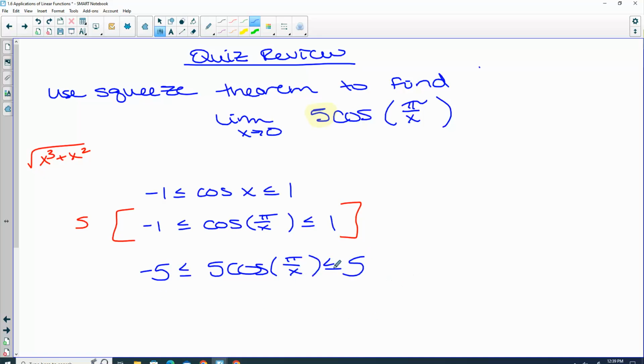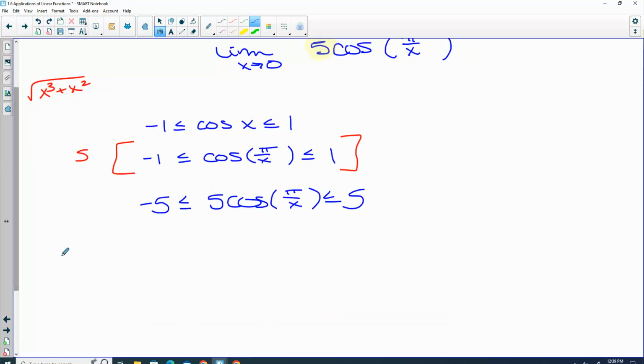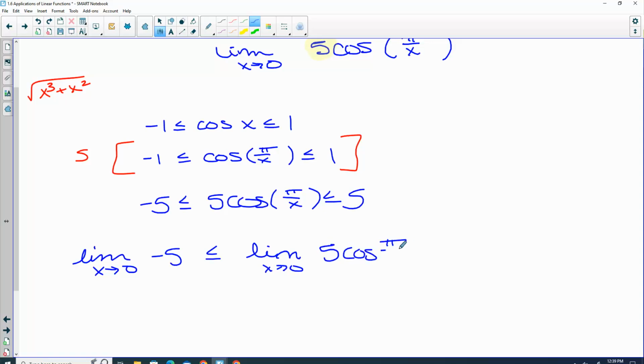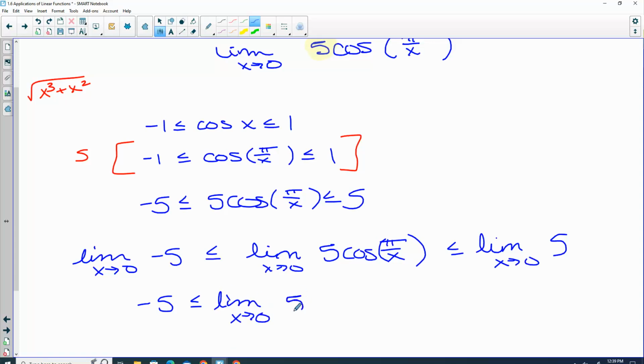Okay, so that means now, what do we do? So the limit as x approaches 0 of -5, less than or equal to, limit as x approaches 0, 5 cosine of pi over x, less than or equal to, limit as x approaches 0, positive 5. Okay, the whole point is we're doing this because we can't evaluate the limit in the middle. But here, these are both constants. Now, they aren't always. Sometimes we have to evaluate those using our limit laws. But if the left and the right match,